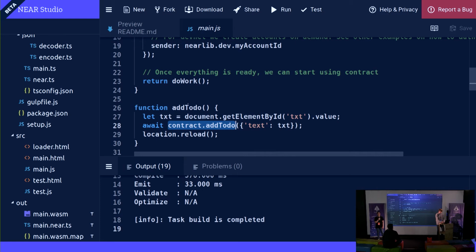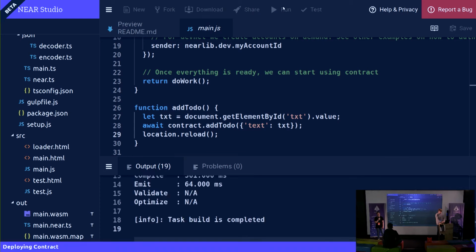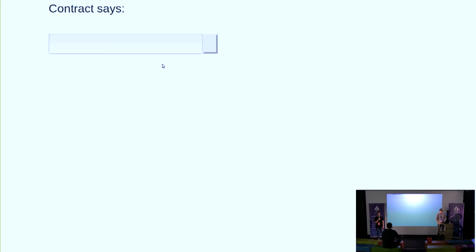Contract add to do will only return once the transaction settled. But what happens if somebody adds something else to the contract after my transaction? There are going to be events, they don't exist today, but it's going to be similar to Ethereum.